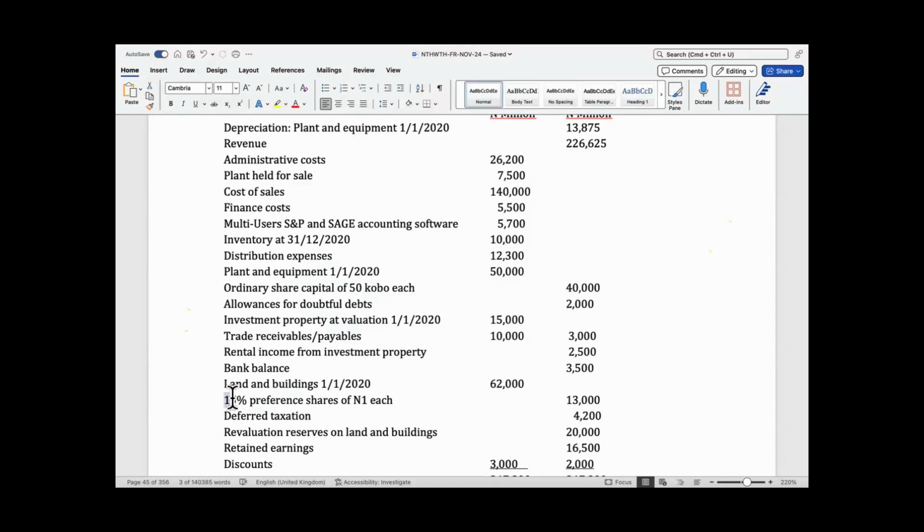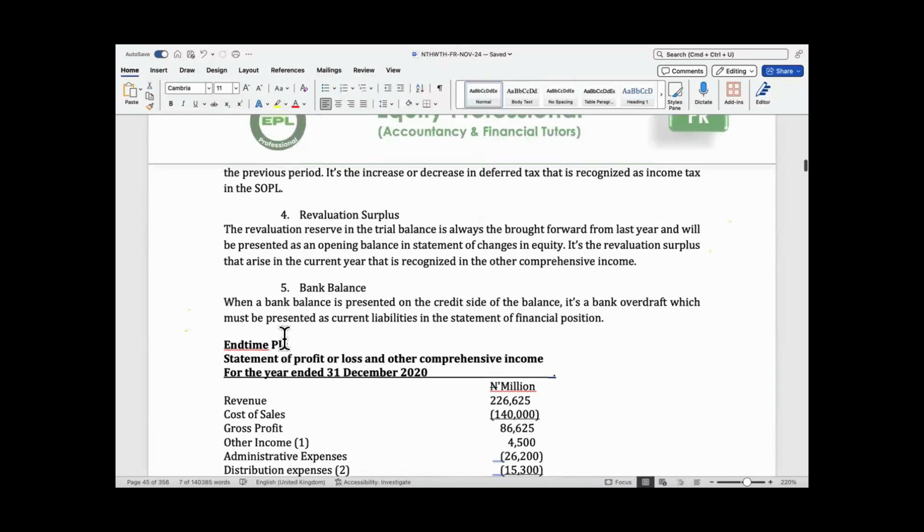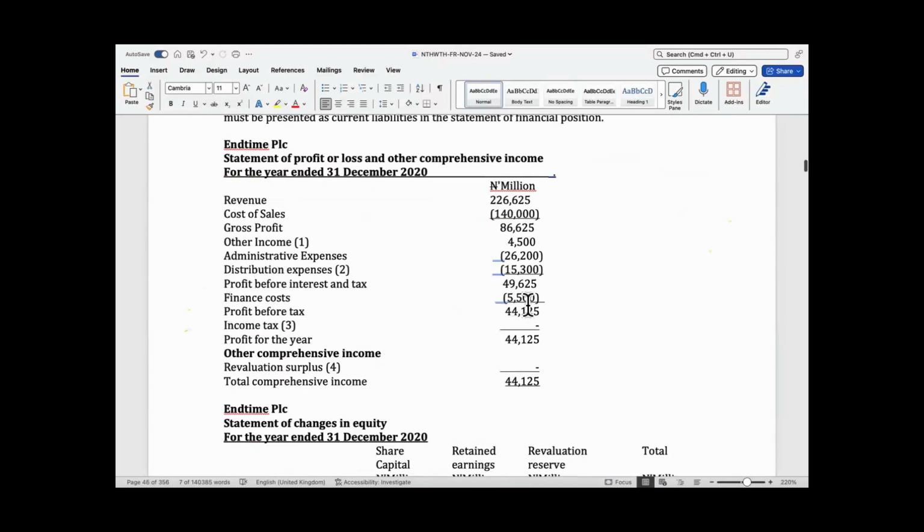So I will just leave that for now intentionally. I just want to keep it simple for today. But yes, 15% of 30,000. The preference share dividend is something you pay every year. It's finance costs. Fantastic. Nice one, Techno. So for simplicity, let's just leave our finance cost at